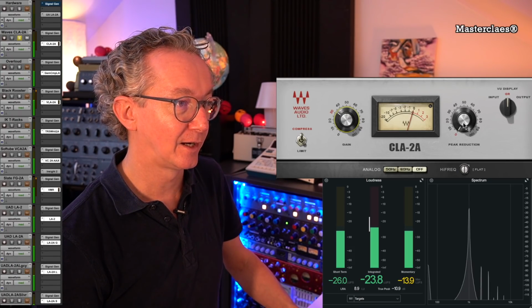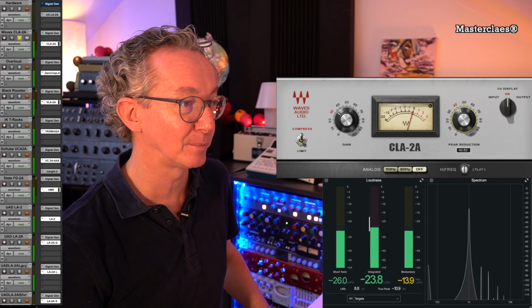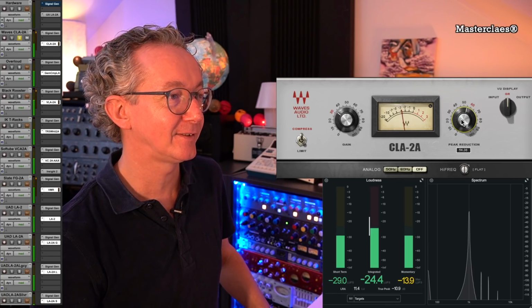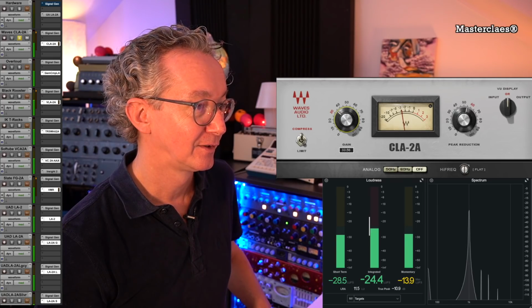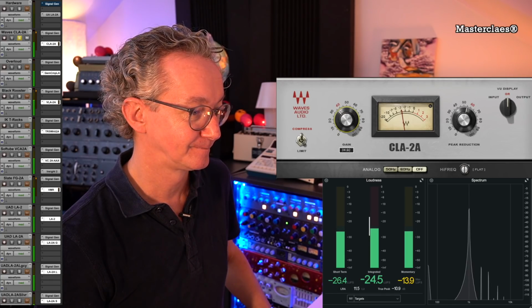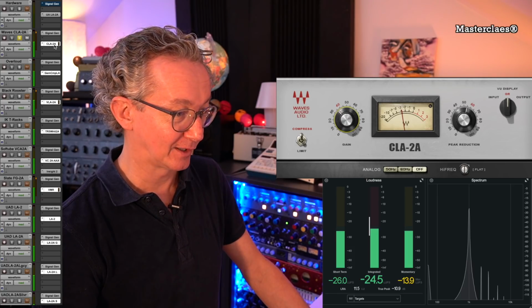There you go. And now I'm going to apply 3 dB of compression. So it will read -29 and it should read -3 on the plugin. A little bit more. Oops, that's too much. -29 it is, and it shows a near perfect image on the meter. And now I'm going to boost the output so it shows the -26 again. There you go. So the level with or without the compression is exactly the same, but as you can see